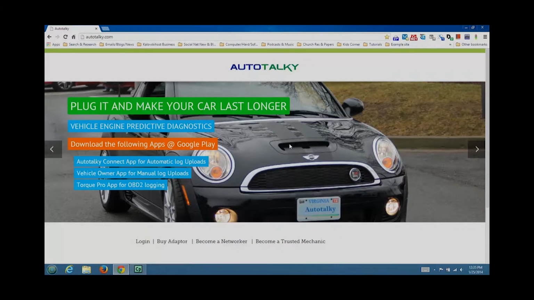Basically, those cars that are made 1996 and going up have a port down below the steering wheel. They have an OBD2 port, and all you have to do is plug in your OBD2 adapter or scanner and pair it with your